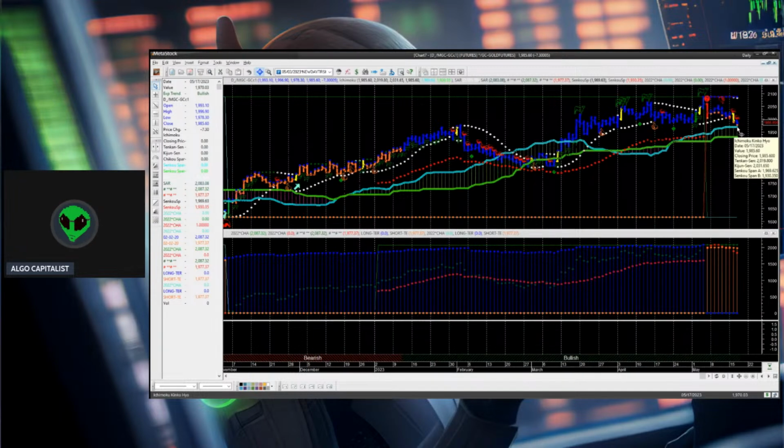$1,969.62 is your top of the Kumo cloud support. But that 1900 is the psychological support. That number is way more important than any other numbers above. That 1900 is a major psychological zone, to the point that if triggered, the machines will be triggered and they will dump the gold.